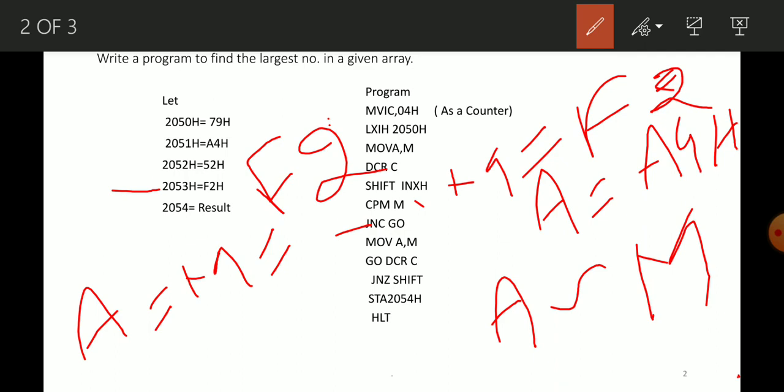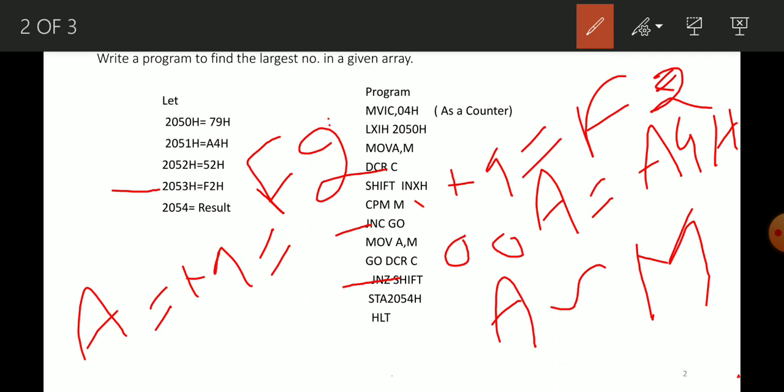Again DCR C. In the previous instruction the register C became 01, so now it becomes 00. So JNZ, jump if not zero, here the register C has 00, so this condition becomes false because the counter becomes 0.